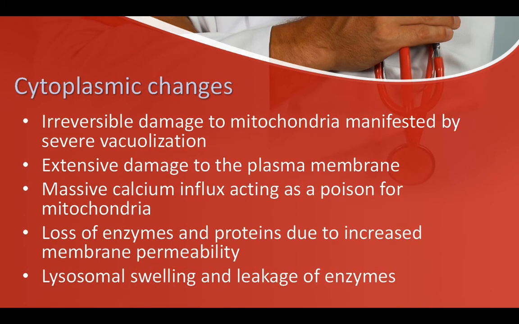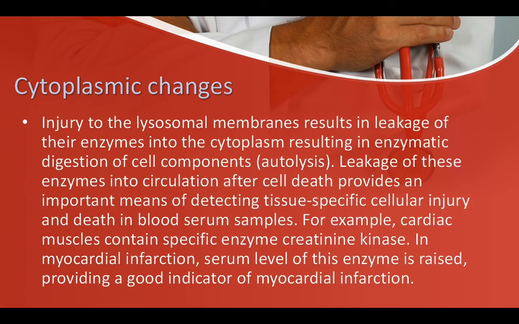Cytoplasmic changes. Irreversible damage to mitochondria manifested by severe vacuolization. Extensive damage to the plasma membrane. Massive calcium influx acting as a poison for mitochondria. Loss of enzymes and proteins due to increased membrane permeability. Lysosomal swelling and leakage of enzymes. Last point. Injury to the lysosomal membranes results in leakage of their enzymes into the cytoplasm, resulting in enzymatic digestion